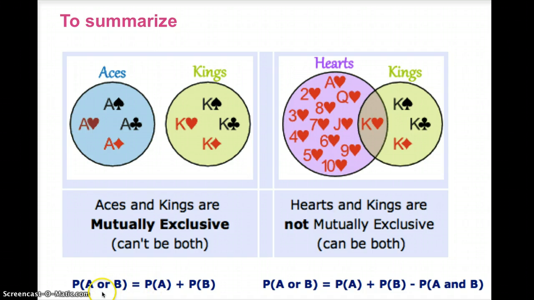In general, the formula for mutually exclusive is probability of A plus probability of B. As for not mutually exclusive, please write this down in your notebook. P, the same notation as mutually exclusive, probability A or B is equal to the probability of A plus the probability of B minus probability of A and B. Now remember, when you are using AND, you are with AND law, and so you are multiplying. So you subtract the product of the probabilities of A and B,